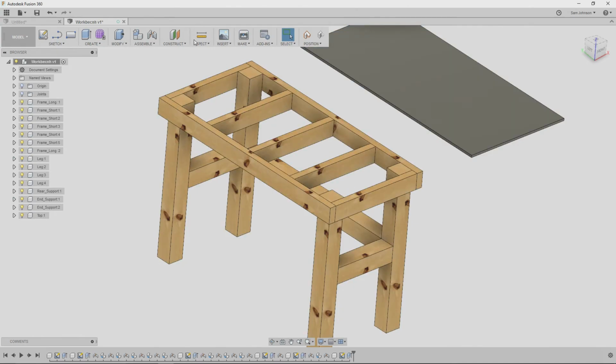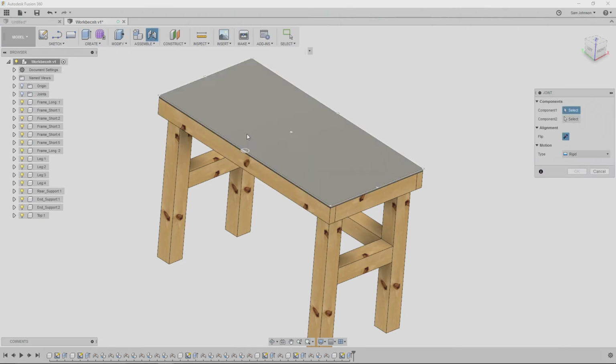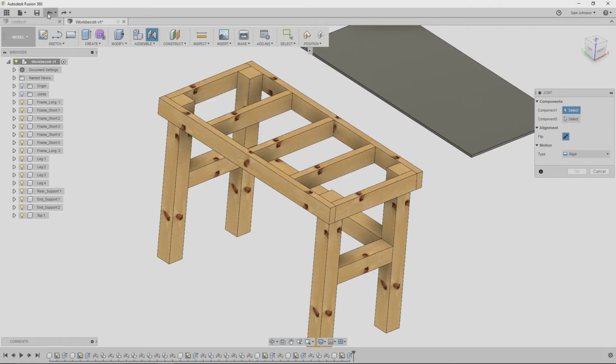Let's go ahead and create our upper level component. I'm going to go ahead and hit Joint. I'm going to capture position this time, because if I don't, it's going to slide it back over. Oh, actually, I'll just show you guys. If you hit Continue, as you can see, it's going to slide it back over here. Kind of weird. It just makes life a little tougher. So all we're going to do...